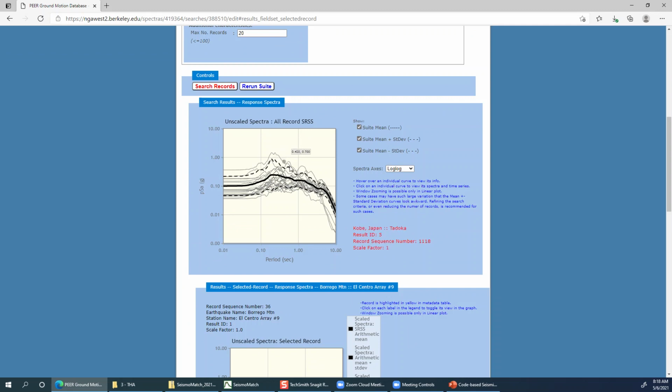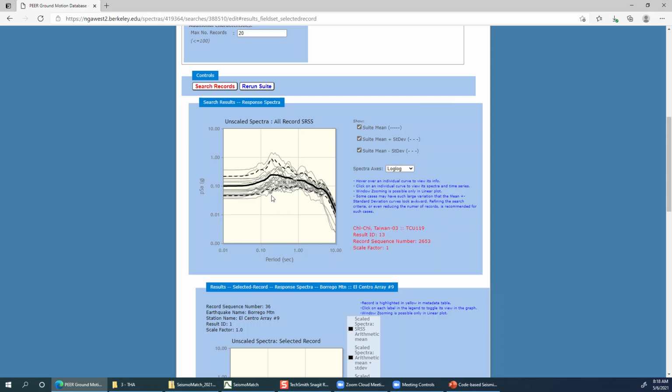All the gray lines are basically the SRSS spectrum of the two horizontal components. The solid black line is their mean value, and these dotted black lines are one standard deviation plus mean and one standard deviation minus mean.